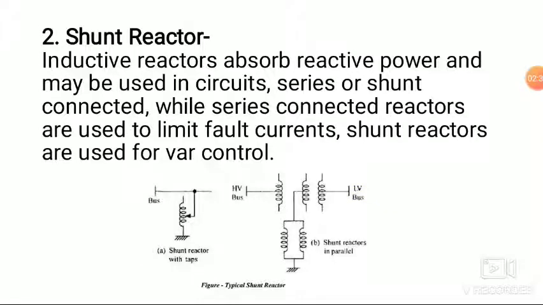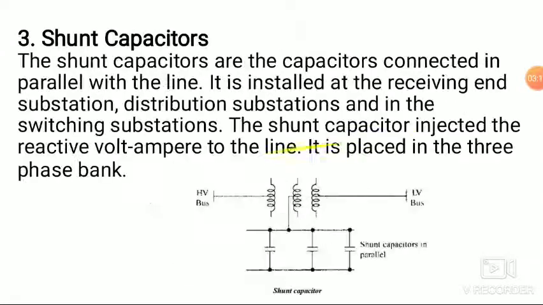The second method is shunt reactor. Shunt reactors are basically inductive elements that are provided at sending end and receiving end of long EHV and UHV transmission lines. When a transmission line is not loaded or lightly loaded, the line capacitance predominates and receiving end voltage becomes greater than sending end voltage. This effect is known as Ferranti effect. In such situations, shunt reactors are switched in the line. Shunt reactors compensate the line capacitance and hence control the voltage.